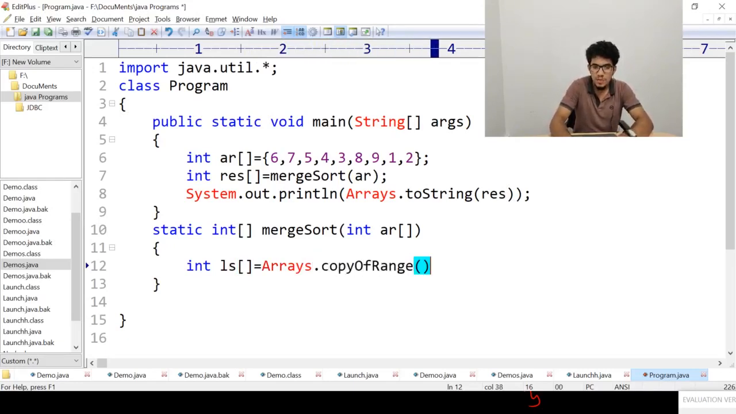Arrays.copyOfRange. From which array? From this given array AR. From the index 0 till half, and that half is nothing but AR.length by 2. Okay, we got ls. But